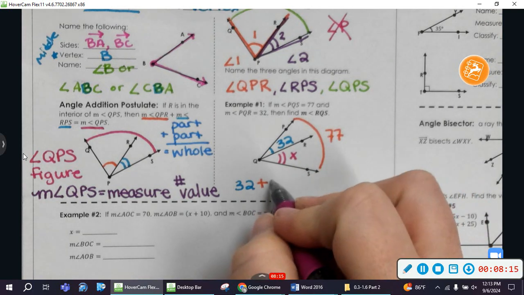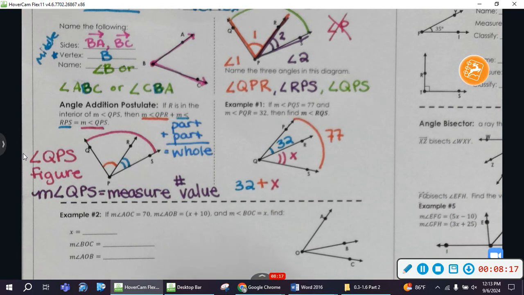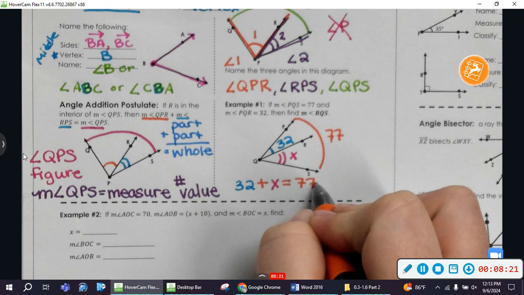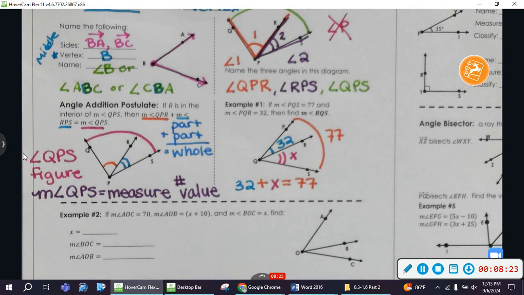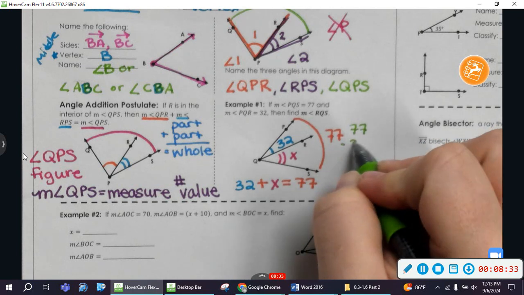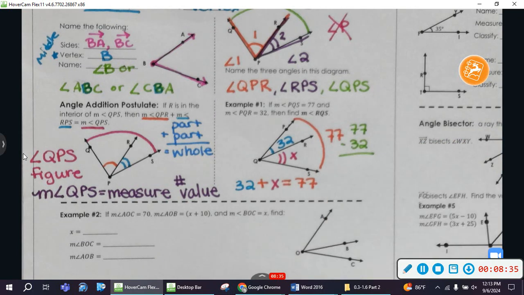plus part equals the whole thing. And so that's how we set up our equation. And that's why ultimately y'all told me that we say 77 minus 32, and we were able to get that angle measure. So my final answer says,